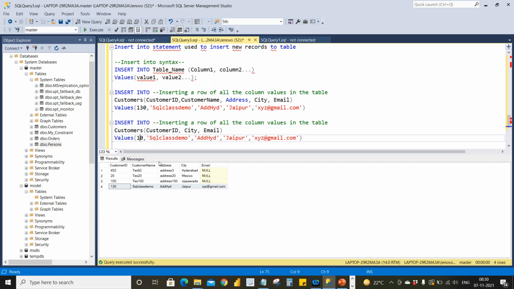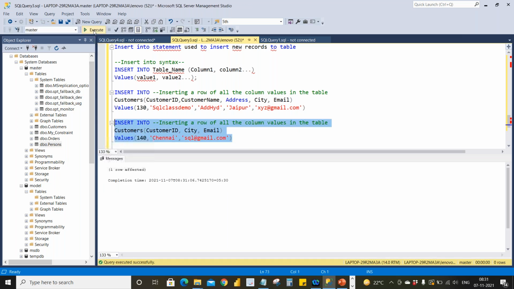So I'll give 140 and city being Chennai and email SQL@gmail.com. Okay. See, one row got affected.